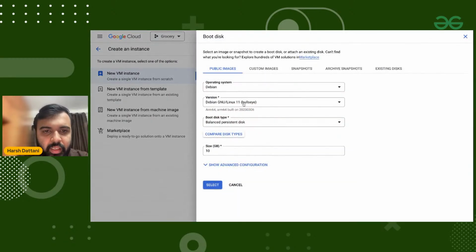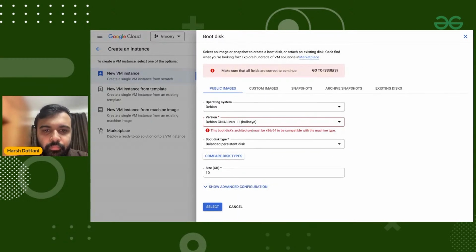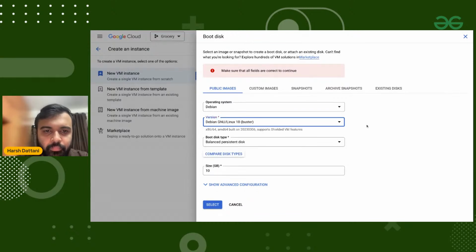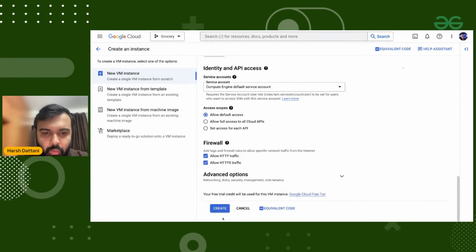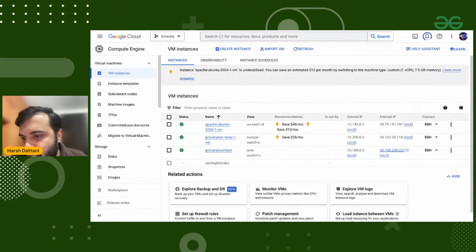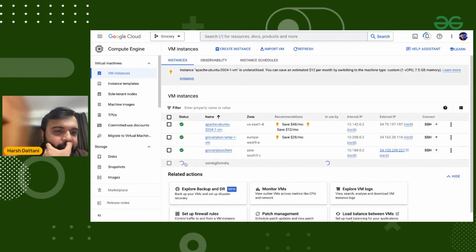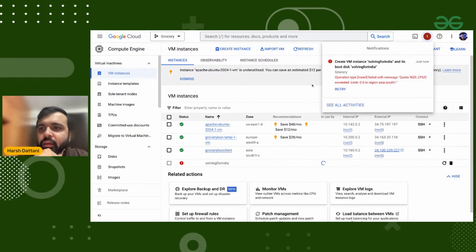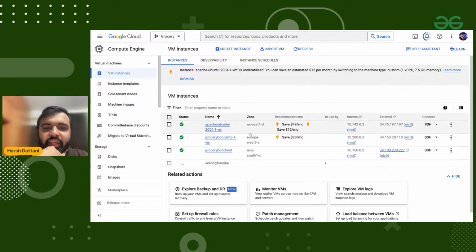Okay, give me one second. Okay, create. By mistake, I had selected the wrong operating system. So now my instance is getting created. If you can see over here on the left hand side, this is a loading option. It shows me that your instance is getting created in the notification bar. Okay, it shows now I'm retrying. It will be created. Okay, in the meantime, while it's getting ready,